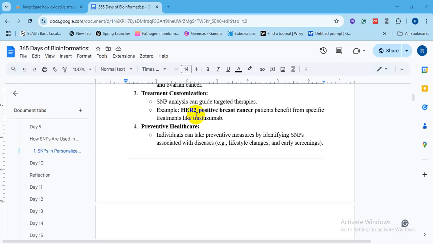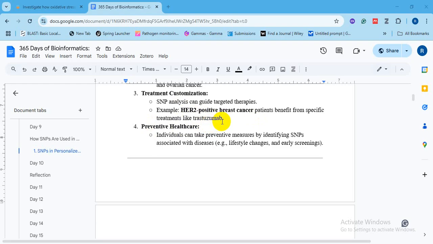This variation leads to increased production of the HER2 protein, which is a receptor on this type of breast cancer. So we can build on this and benefit from it by using a specific treatment that targets these HER2 proteins,